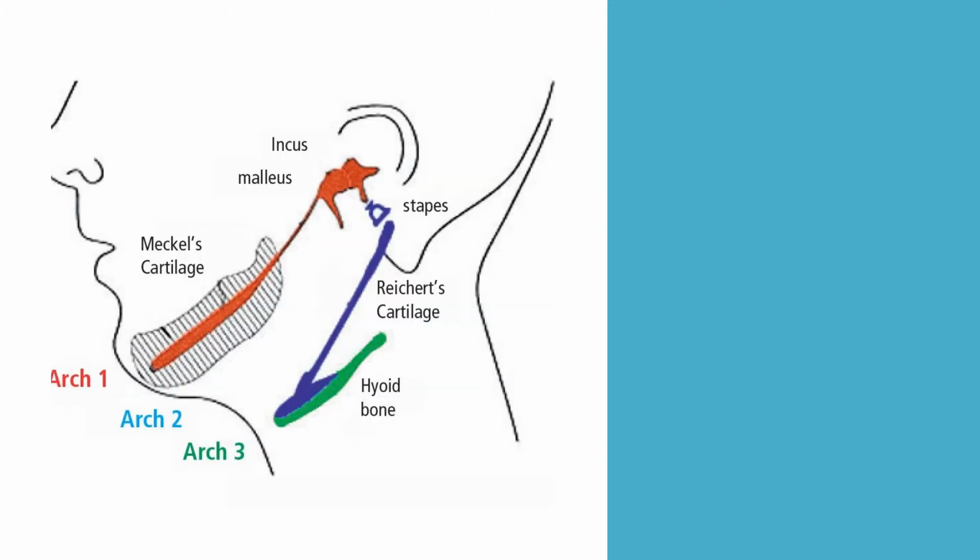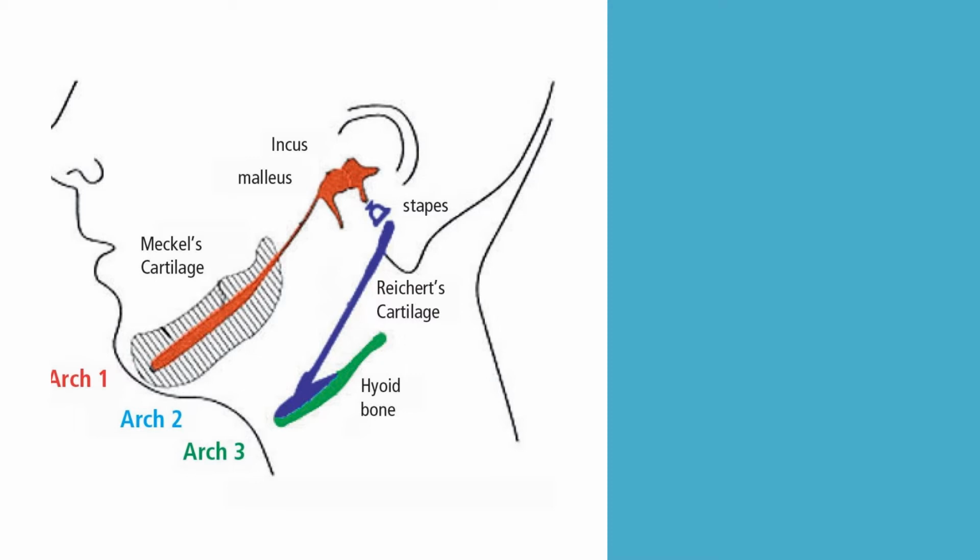So totally there are 6 arches present. The first arch is called the mandibular arch. This mandibular arch develops from Meckel's cartilage. It has two processes in development: one is the maxillary process and another one is the mandibular process. The maxillary process is going to form the upper lip, upper jaw and the palate. This palate separates the stomodeum into the oral cavity and the nasal cavity. This we will see according to the developmental area. In that session, we will see about the maxillary process.